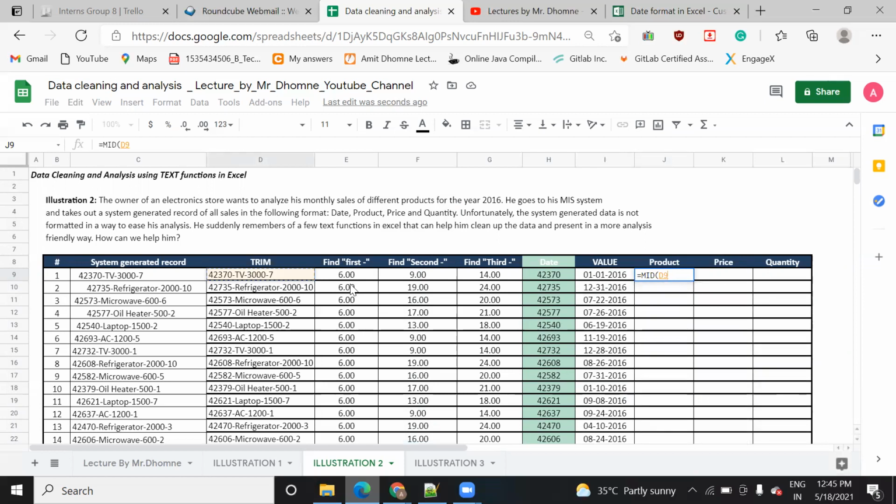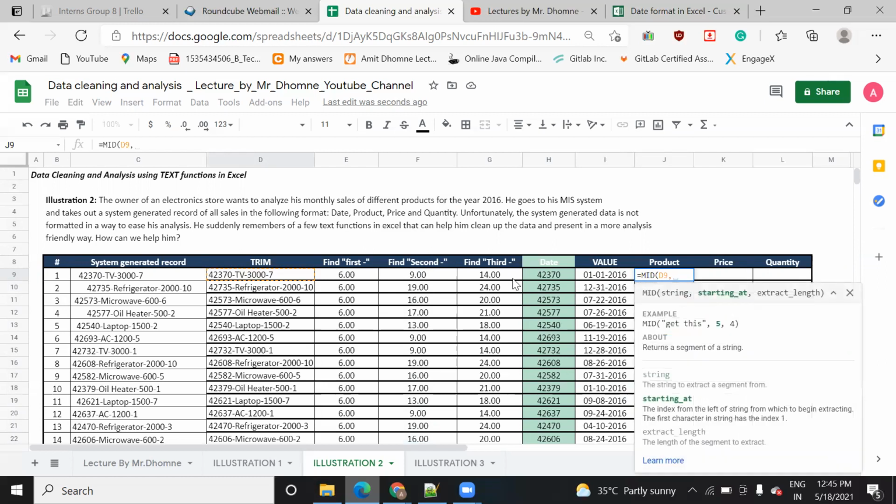Now the first hyphen is present at the sixth location and the second hyphen is present at the ninth location. So in order to find this product, how are you going to do it? You just subtract the first hyphen location from the second hyphen location. The column of the second hyphen is F and the first hyphen is E, and the data is present at row 9, right?